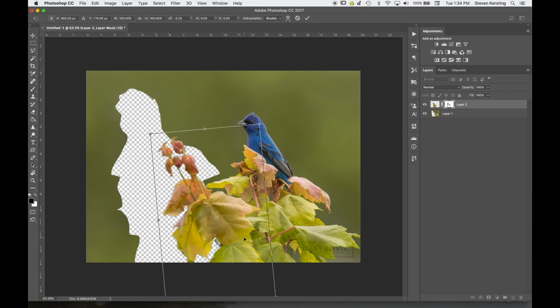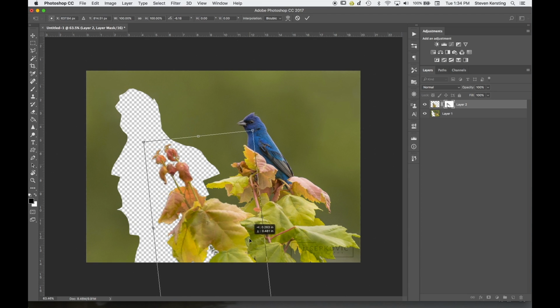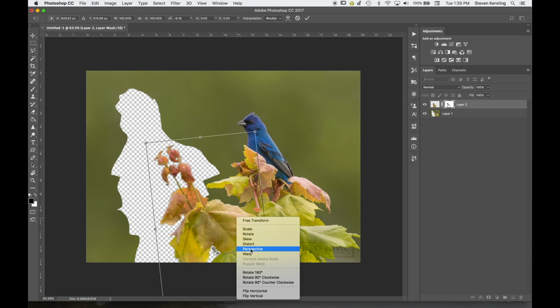So what I'm looking for here is a pleasant overlap between the existing foliage in the background and the new foliage here. I'm going to move this down a little bit. About like that, I think. Looks good. And I can also right click and select all these other different forms of transforming, or I can